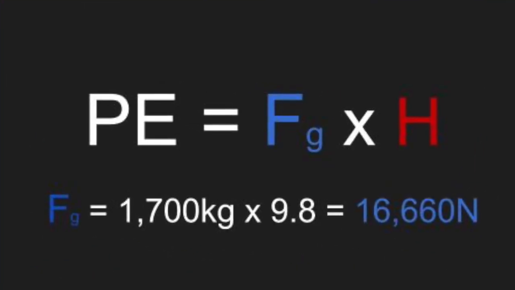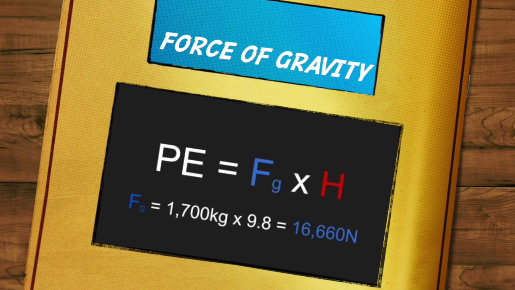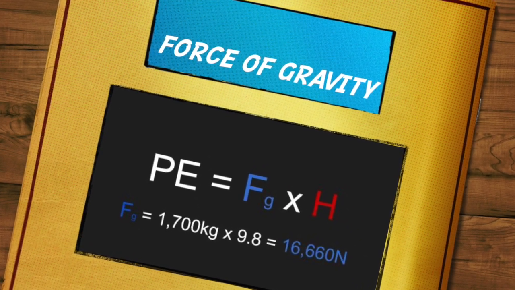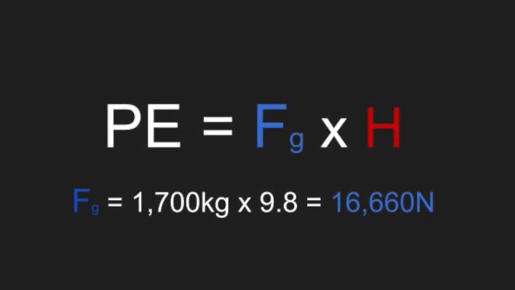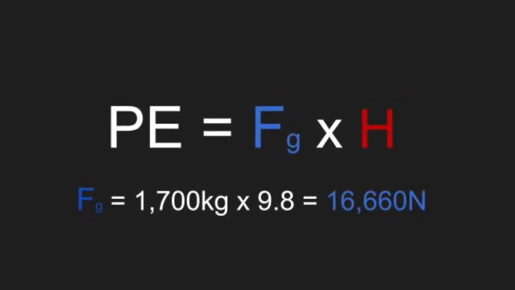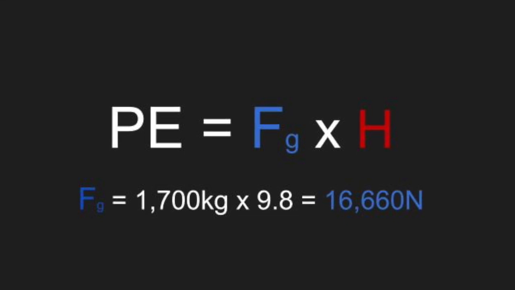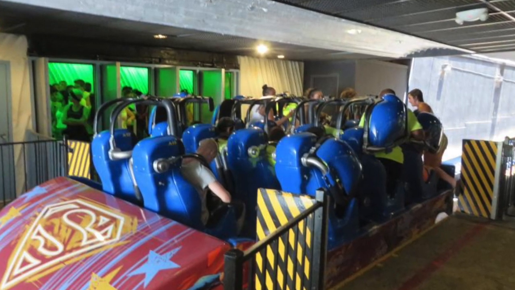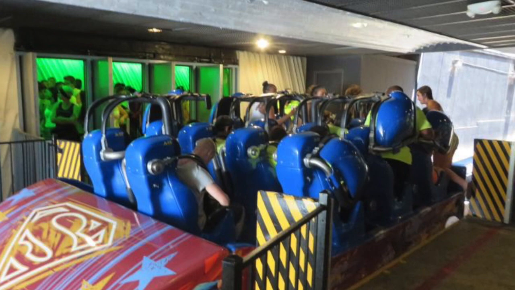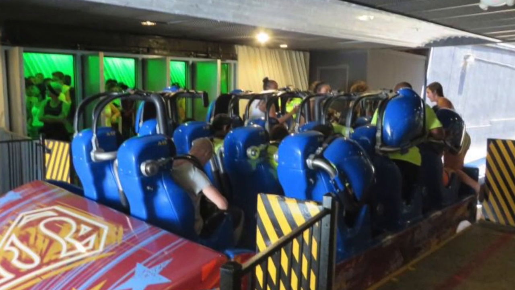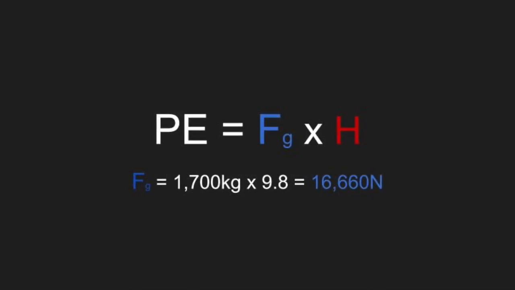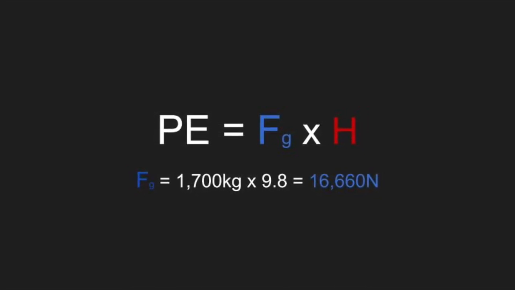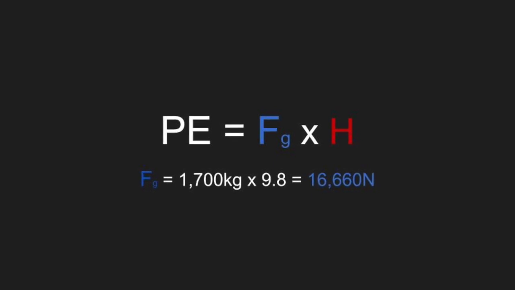First, we must calculate the force of gravity. The formula for the force of gravity equals mass times 9.8. The average roller coaster mass is 1,500 kilograms. The Superman ride holds 14 passengers. That gives an additional 200 kilograms. That gives a total mass of 1,700 kilograms that we then multiply by 9.8, which equals